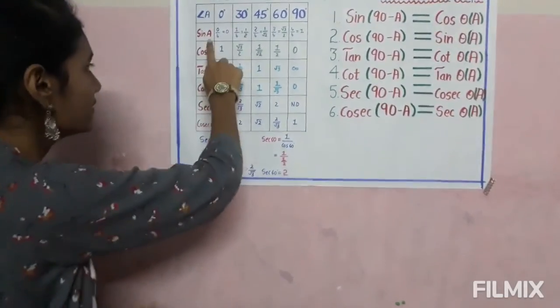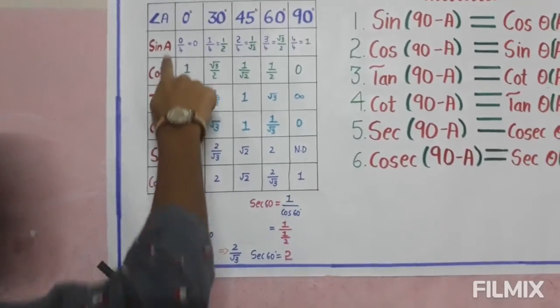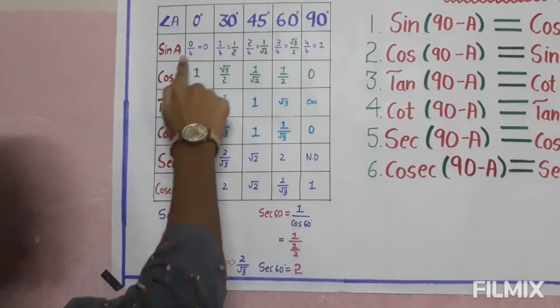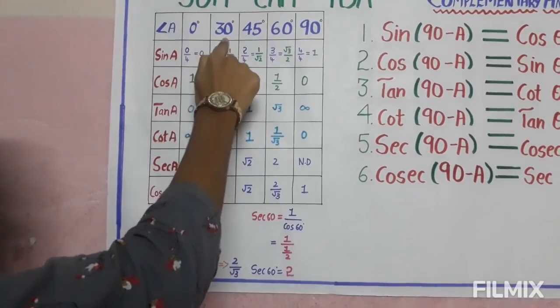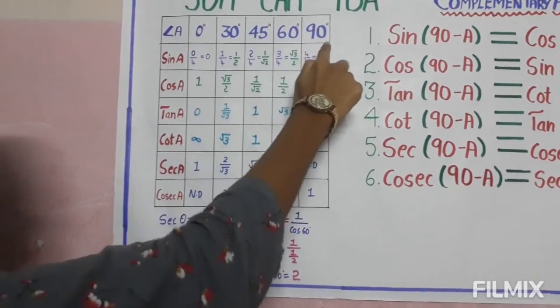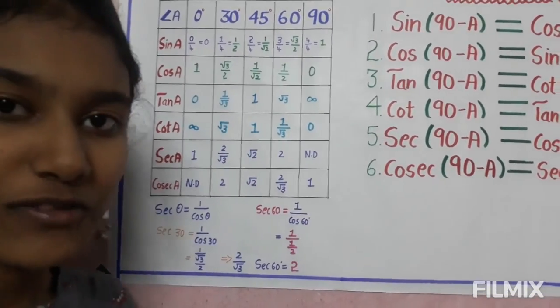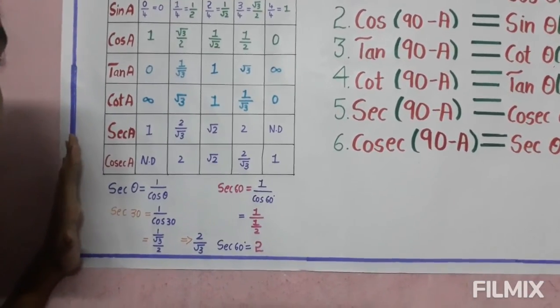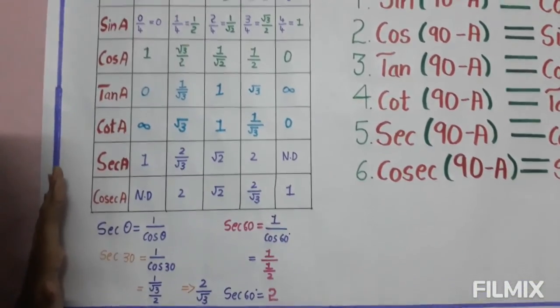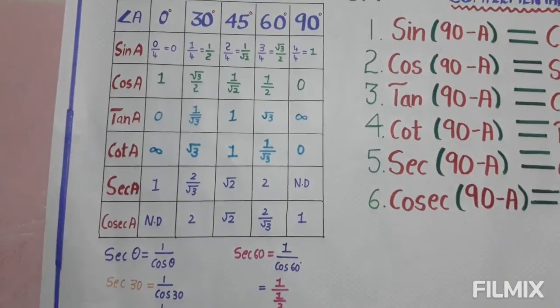So guys, the second trick which I am going to explain is about the trigonometric values. We know what the trigonometric values are. There are 6 trigonometric functions and they have different values for different angles. The angles are 0, 30, 45, 60 and 90. Now, it is not easy to understand this. So here is a trick to get these values easily.